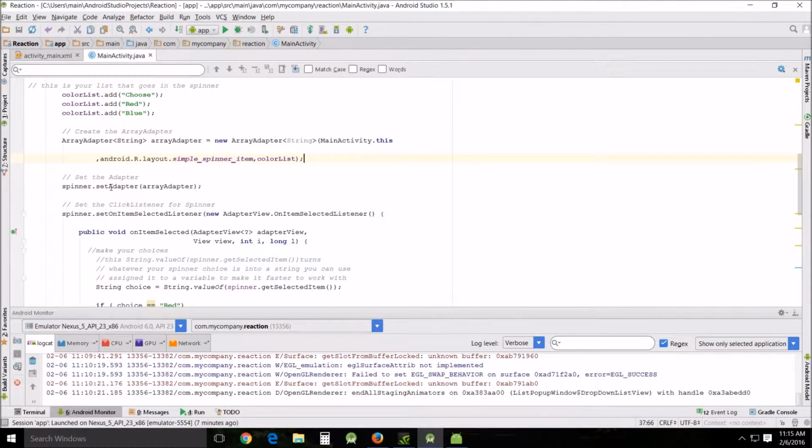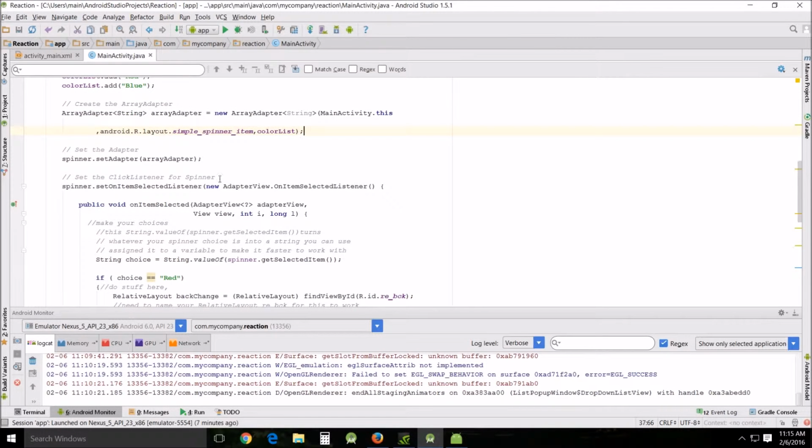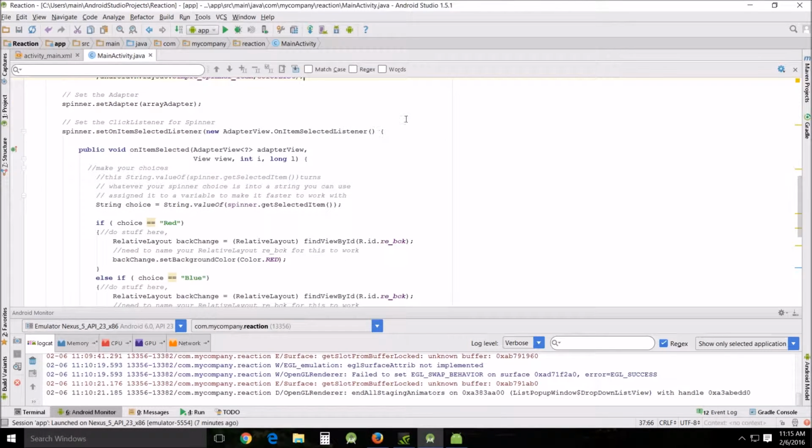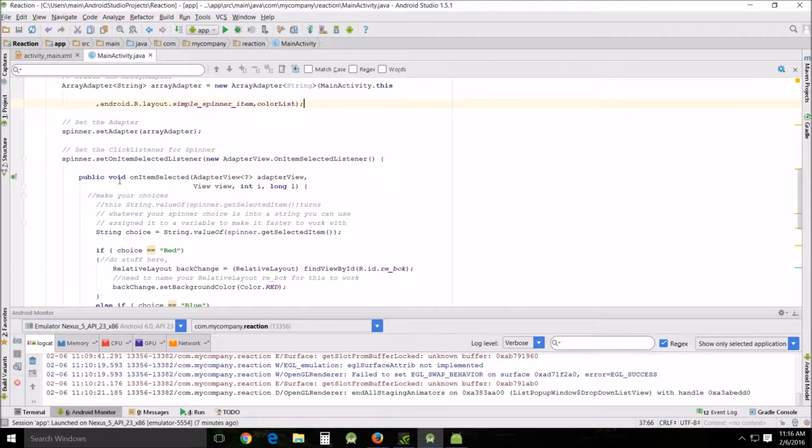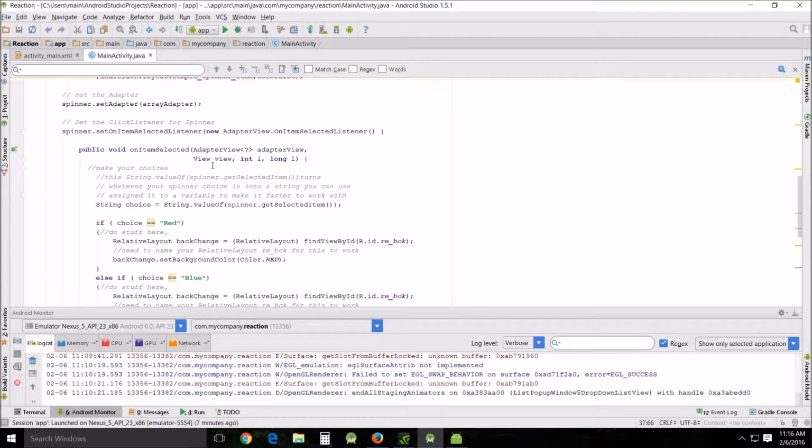Then we include the spinner and the setAdapter, the arrayAdapter, set the adapter, set the click listener for the spinner, spinner.setOnItemSelectedListener. So that spinner we're going to use setOnItemSelectedListener, a new AdapterView.OnItemSelectedListener, and then this right here is all the stuff that we're going to do in there. public void onItemSelected, AdapterView, and then the View,